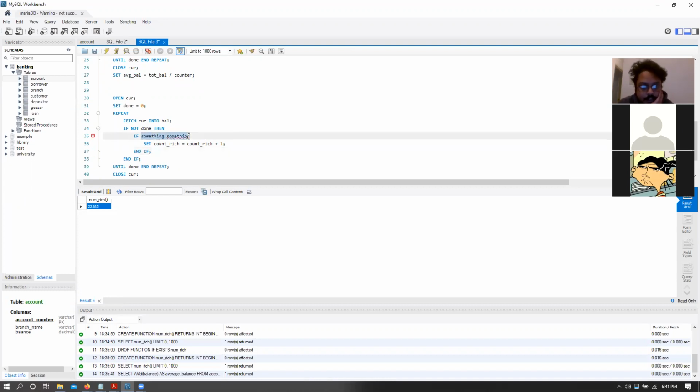So here I need to check if not, remember cur is the individual balances that we have. So can we say not, but instead can we say if cur is greater than average balance?